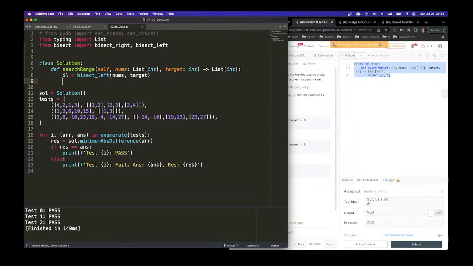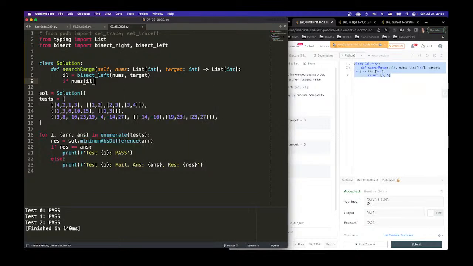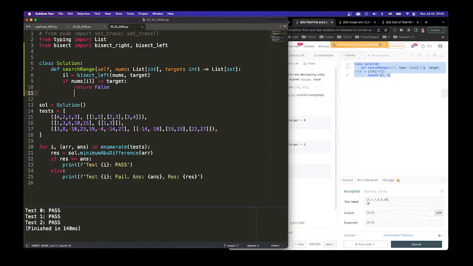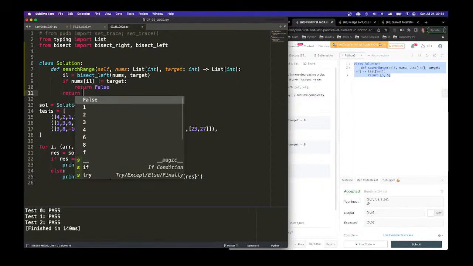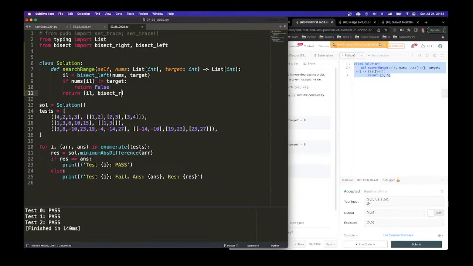And then we say if, because it will always go to the left, so we just say if nums at this index is not equal to target, then we're just going to return false, right? Otherwise, we're going to return this and then bisect right